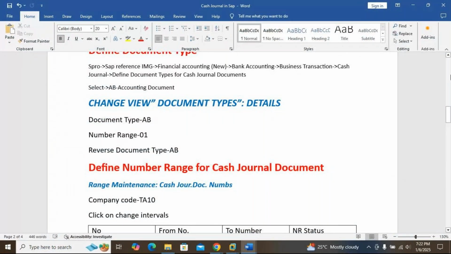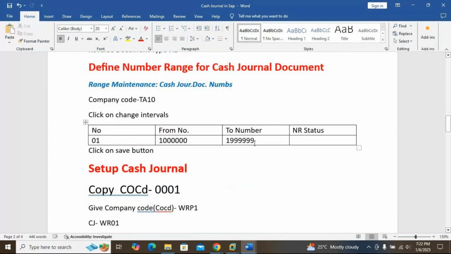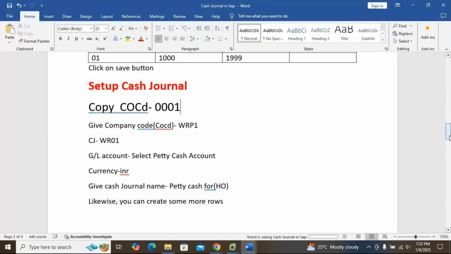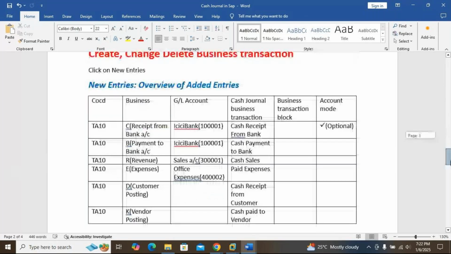And then you can check it out. Number range you can give anything, like I'll give, suppose, 1000 to 1999, that much you can give, and Control S, so that is done. All this you can do. Okay, these codes I'm changing, so you will not be confused here.